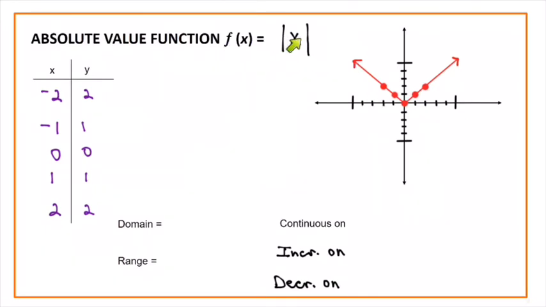Any number can be plugged into this function, so the domain is from -infinity to +infinity. The range, though, only goes as low as y equals 0, so the range is going to be from 0 to infinity. Notice the bracket, because we do have a point on the graph that has a y-coordinate of 0. This graph is continuous everywhere, so we would say that this graph is continuous on the interval from negative infinity